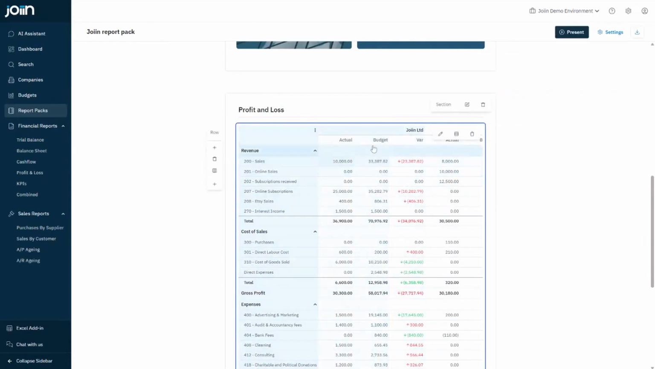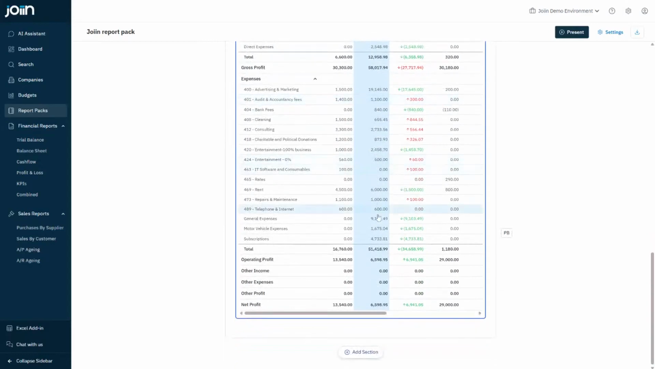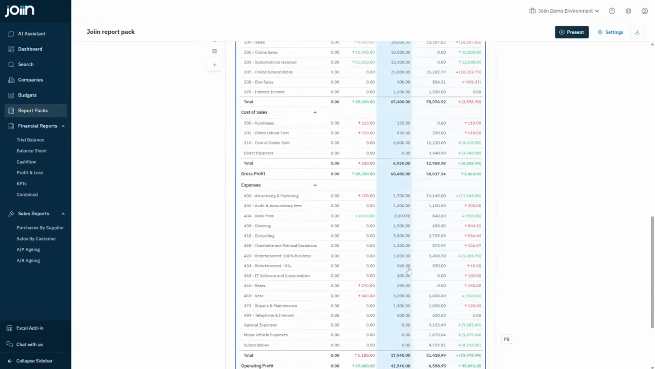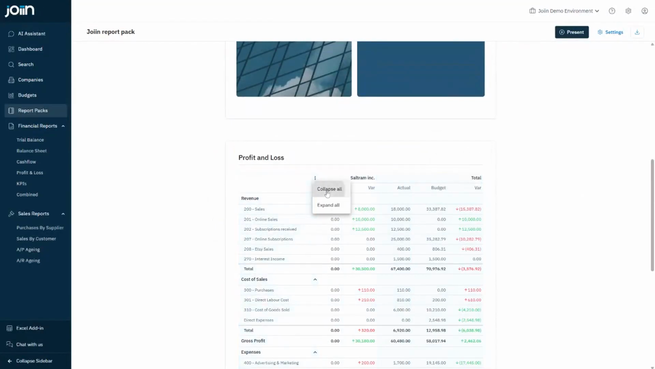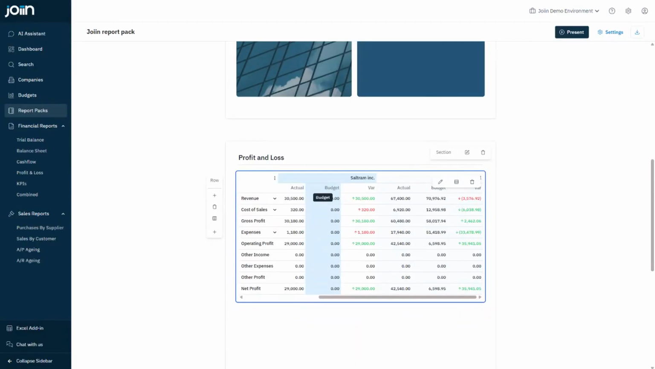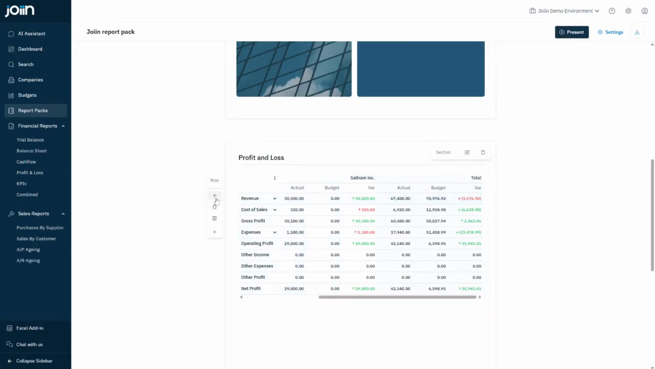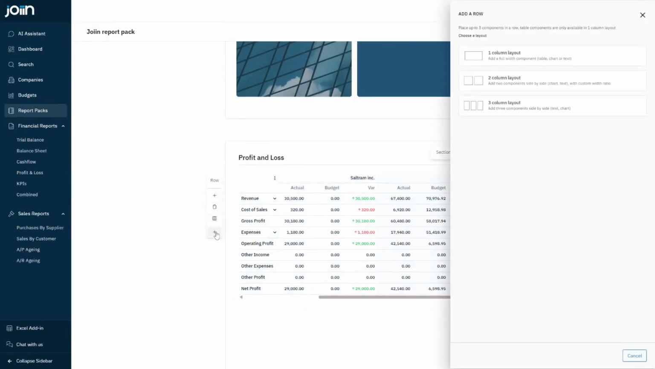I can hover over the reports like so, scroll down and scroll across and see all of the data I'd like on my report. I can also collapse the report with the 3-dot menu up here. But I can also go and customize this report further. I could now go and add a new row underneath this report on the same page,